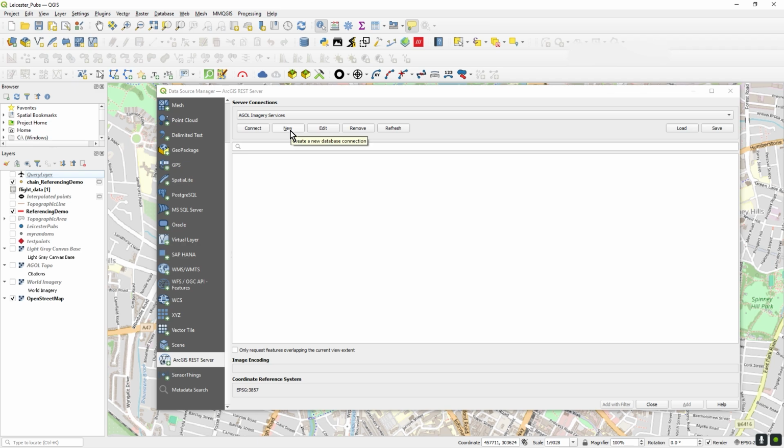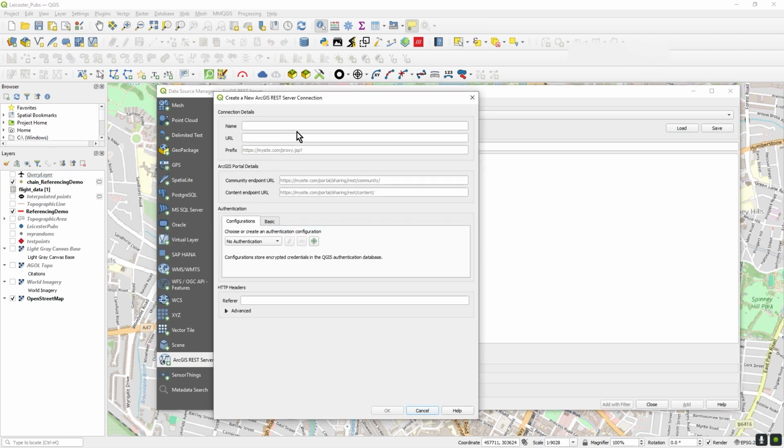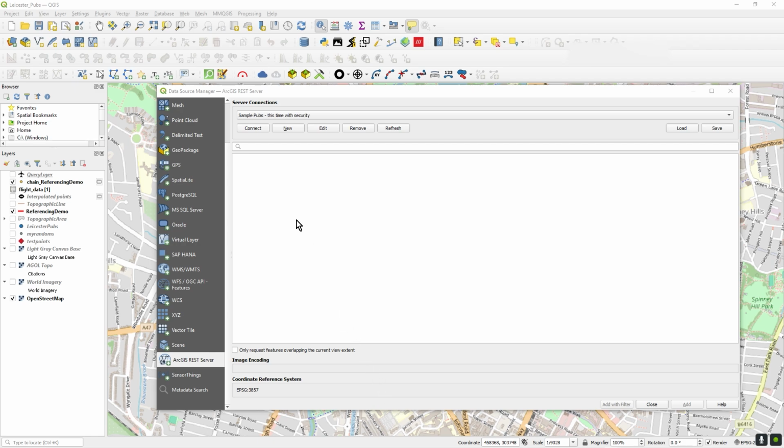So we say ArcGIS REST server, a new one, and the sample pubs, let me just copy and paste that. So that's the URL again, the same as before. Name, sample pubs, this time with security. And down here, change authentication to AGOL access, which is what I created in authentication. So I click on that, press OK. And if I did everything right,